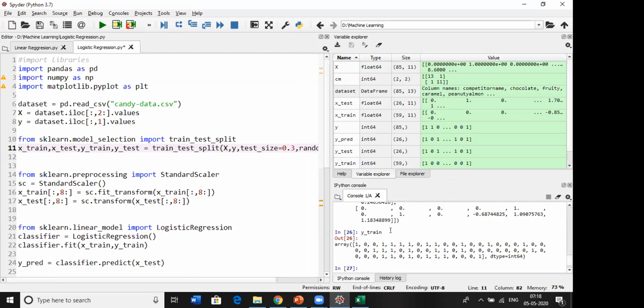So this is only for 30% of the records. Based on that, you are going to train your model. That is the use of this function. Without this function, you can achieve it, but you have to split your data set twice: 70% of the records as the training data set, and for the 30% you will create another file as the testing data set. Then you can achieve that.